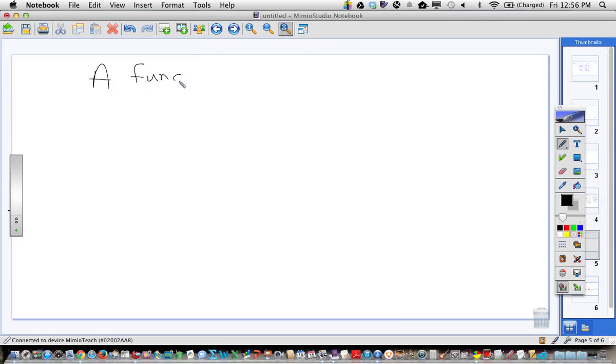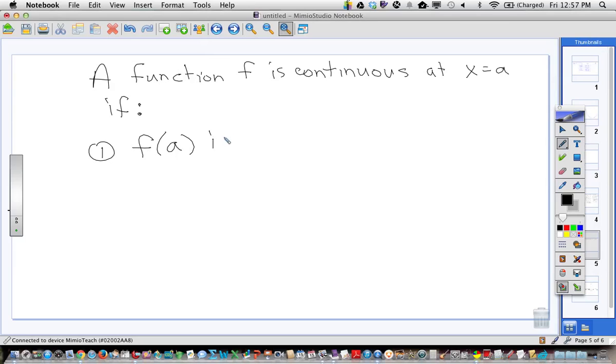A function f is continuous at x equals a if there's going to be three things. And we need to basically memorize these three things. Okay? First of all, f of a is